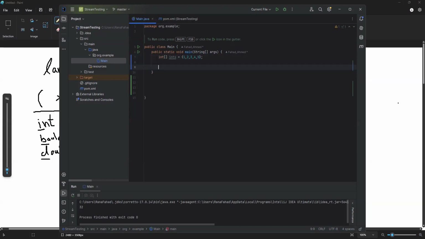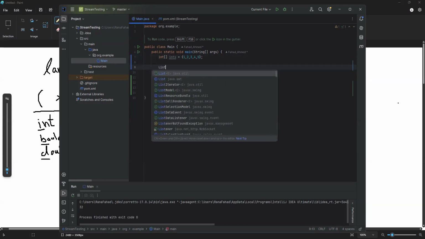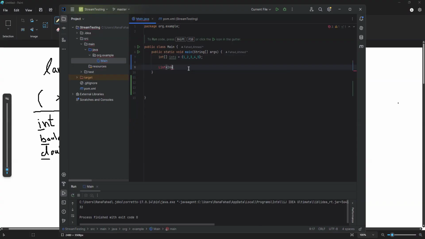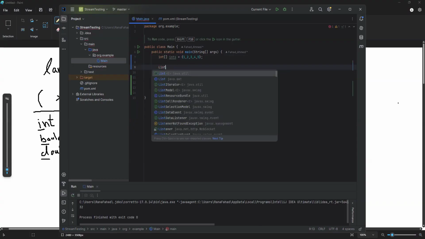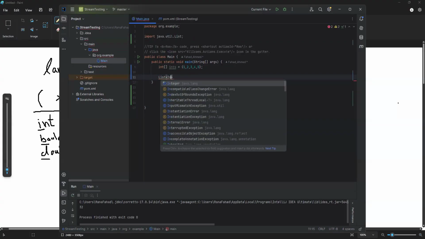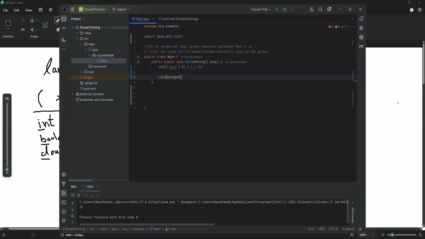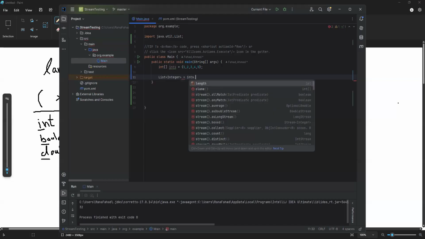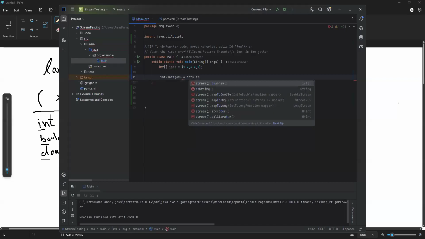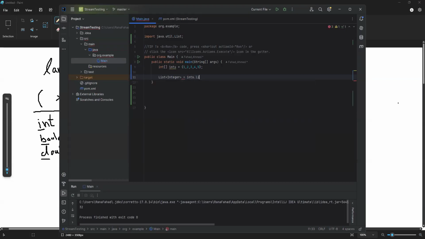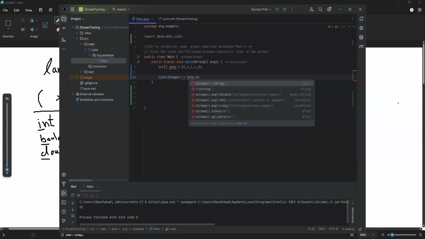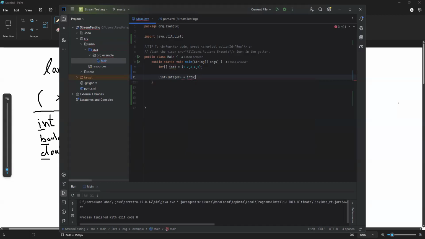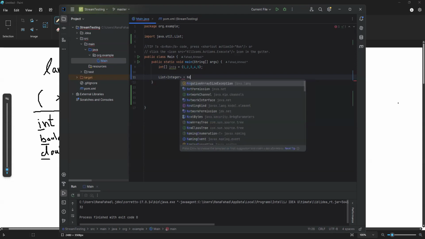But if you were to make an array list of type Integer,